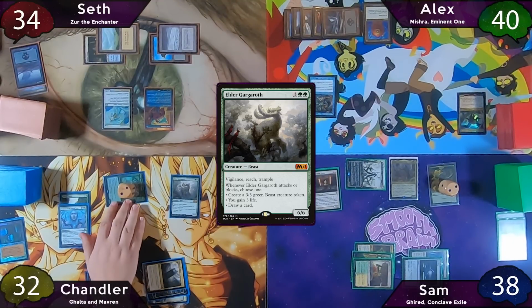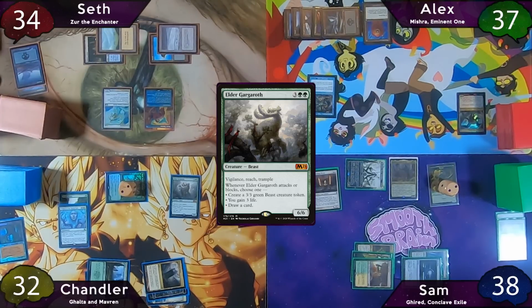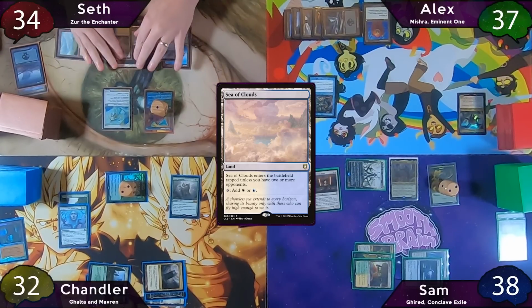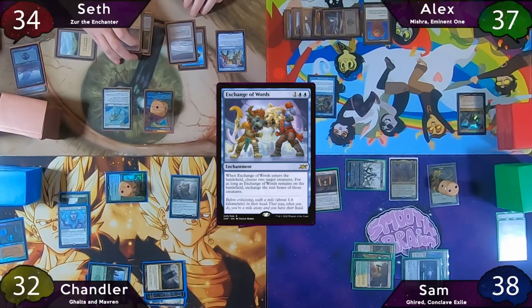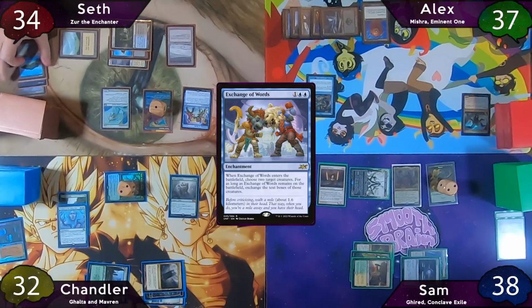He'll then move to combat, and since he has to swing with Toski, he sends it at Alex, who won't block, so Chandler gets an extra card. And then he passes the turn to Seth, who pays for his fish, again, and then he'll play Sea of Clouds as land for turn. After this, he'll cast Exchange of Words, and he'll swap the text boxes of Ghired and the Mechanaut. So then after this, Seth will discard an Island on his cleanup, and then he'll pass to Alex,